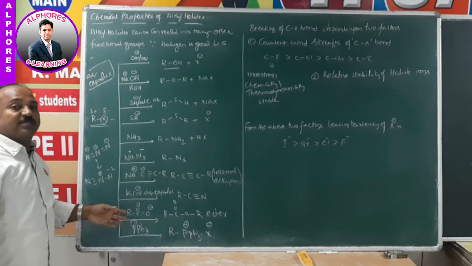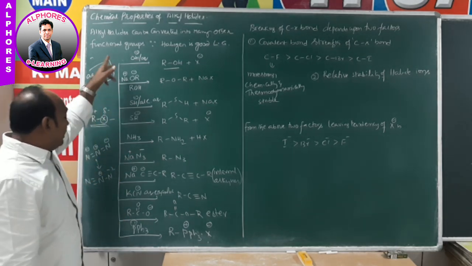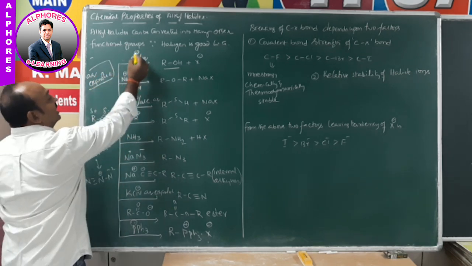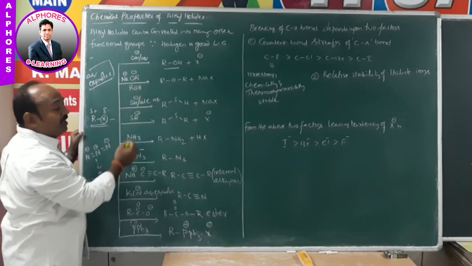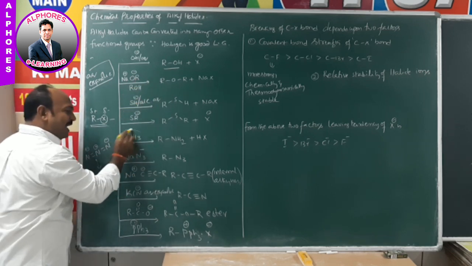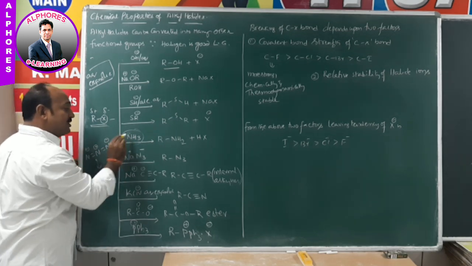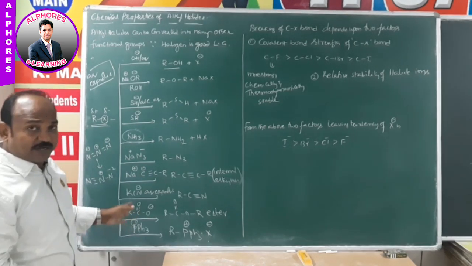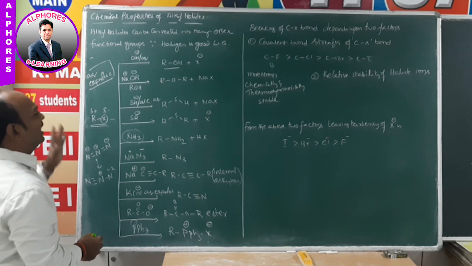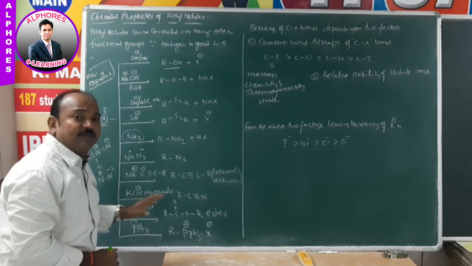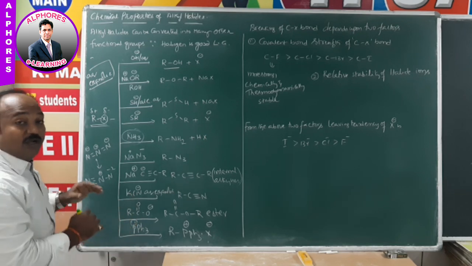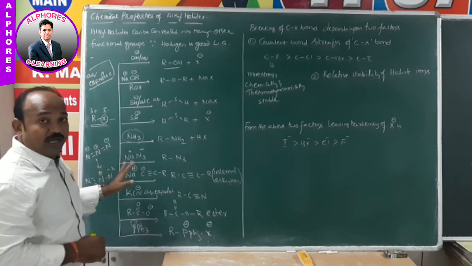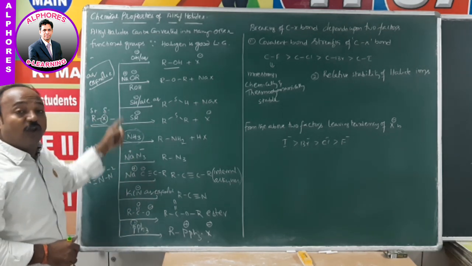These species are what we call nucleophiles, and from all these examples it is very clear: OH minus has a negative charge, OR minus has a negative charge, SH minus also has a negative charge, but NH3 does not possess any negative charge. It utilizes its lone pair of electrons, and in triphenyl phosphine also, phosphorus utilizes its lone pair. So in order to become a nucleophile, the species must be electron rich. It need not always possess a negative charge. Whether it is negatively charged or neutral, ultimately it must possess a lone pair of electrons.